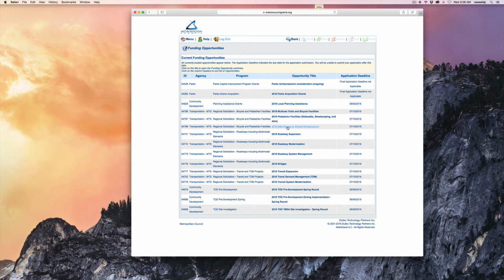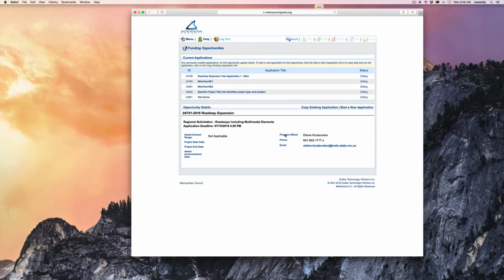If you click on that, it'll open up and it'll tell you the grant applications that you currently have open in that category, and it will allow you to start a new application. If you look underneath the grant opportunities that have started, on the right hand side, it says start a new